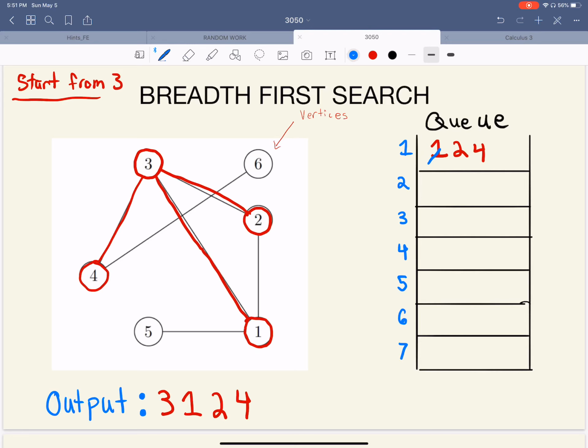So we're going to DQ 1, and we look for adjacent vertices connected to 1. And 2 can't be used because it's already been used in our output, so we don't have to worry about it. And then we have adjacent vertex 5 right here. So we're going to circle it. We're going to add 5 to the output. We're going to add 5 to the queue. And from 5,